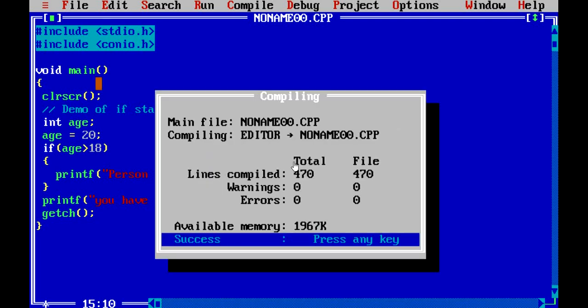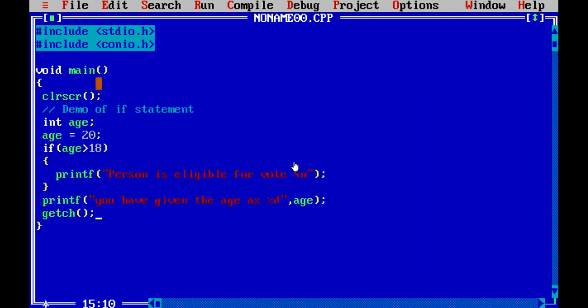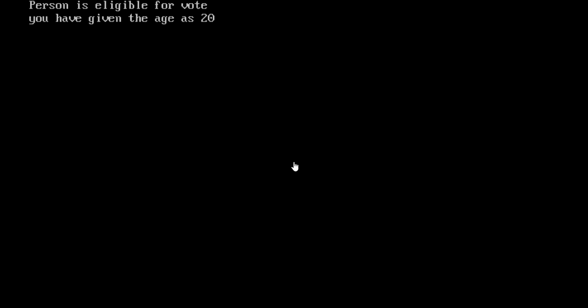Let us compile and run. So you can see the output, person is eligible for vote, and the code block that is not inside the if is printing you have given the age as 20.